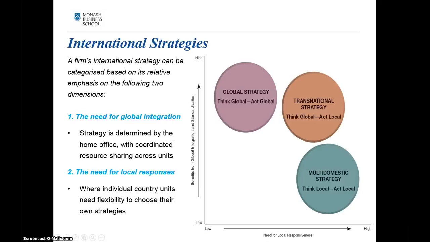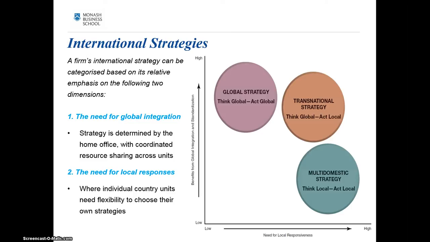Okay, so now imagine that your firm has first of all decided that yes, it does want to internationalise, and secondly, through the use of Porter's Diamond model, they've also worked out where they would like to internationalise to, and which industries are going to be most competitive in certain countries. Once you've made decisions on those two issues, you can then move on to the third question, or the next question at least, which is the appropriate international strategy that the firm should be employing as part of its overall